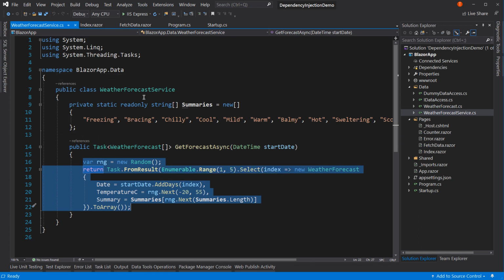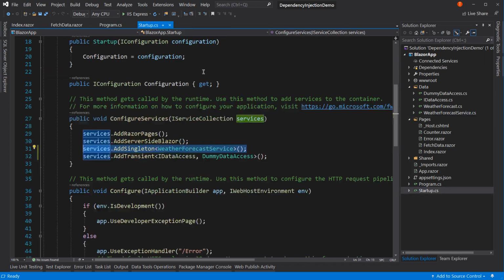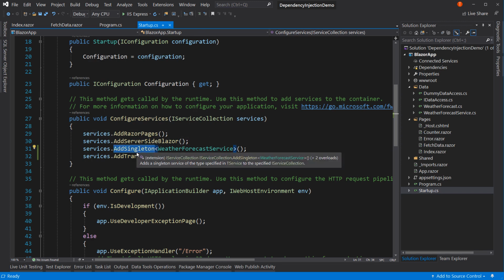So I would tend to avoid that unless you're being very careful. So be very careful with add singleton if you have any stored data. That's a problem because